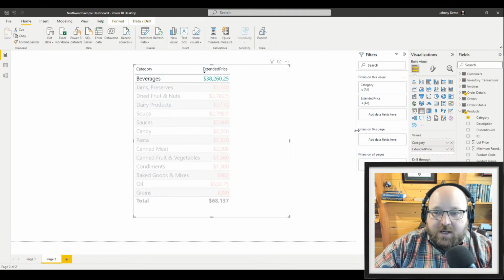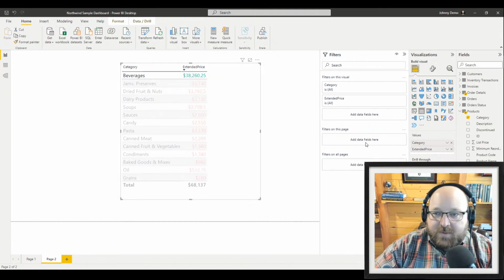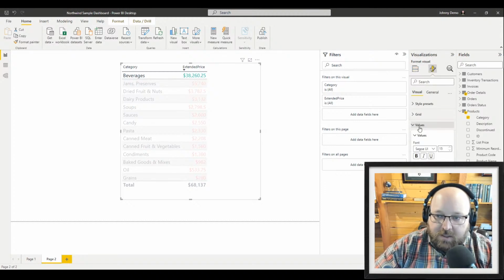Now, over here, I also want to point out some of the other options with respect to numbers. So if we select a specific field here, and then we come over here to our visualization, one of the things that we can choose to do